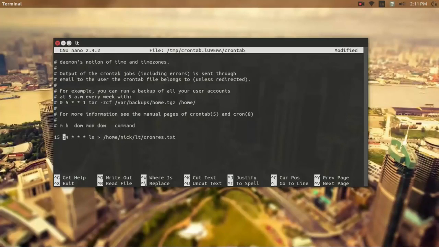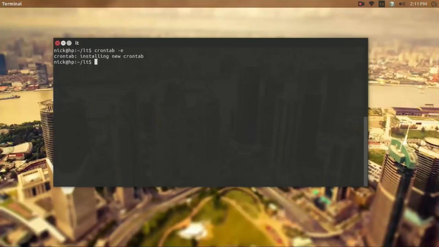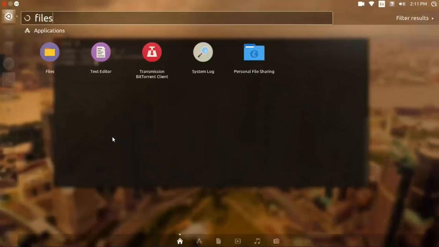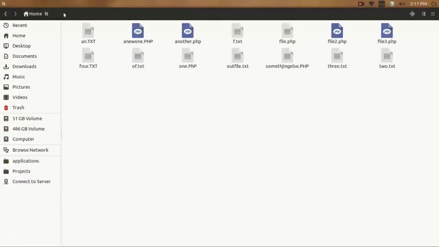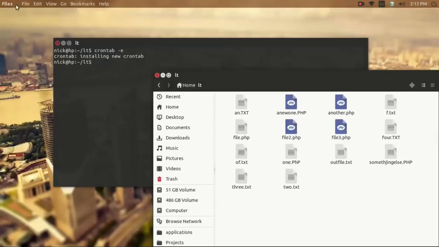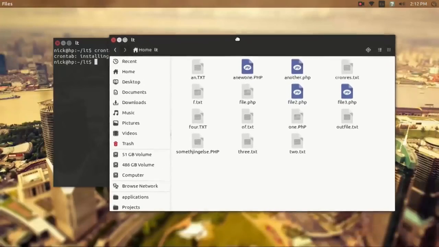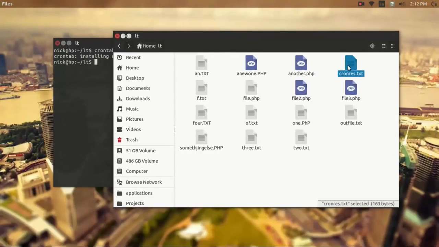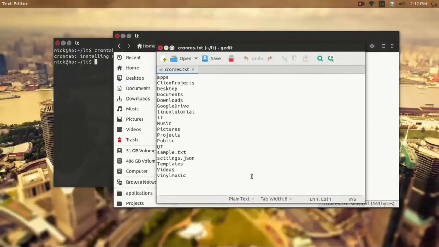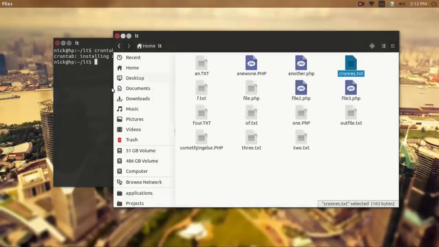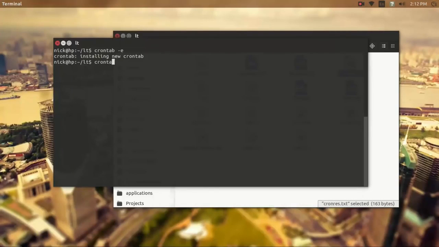And I think if I change this to 12 and then save and exit it, we'll be able to see this happen right away. So let's go into this directory here, unmaximize it. So it's now 2:12, and we're looking for cronres. So this process just ran, and it returned a list of my home directory, and it put it into this file. So as you can see, if we go back in there,